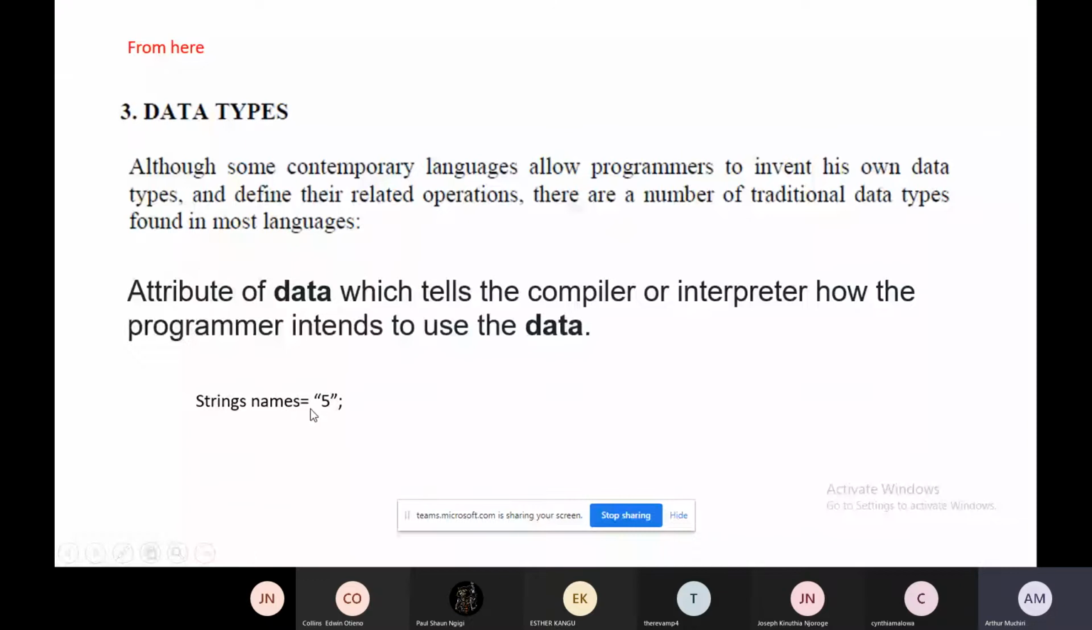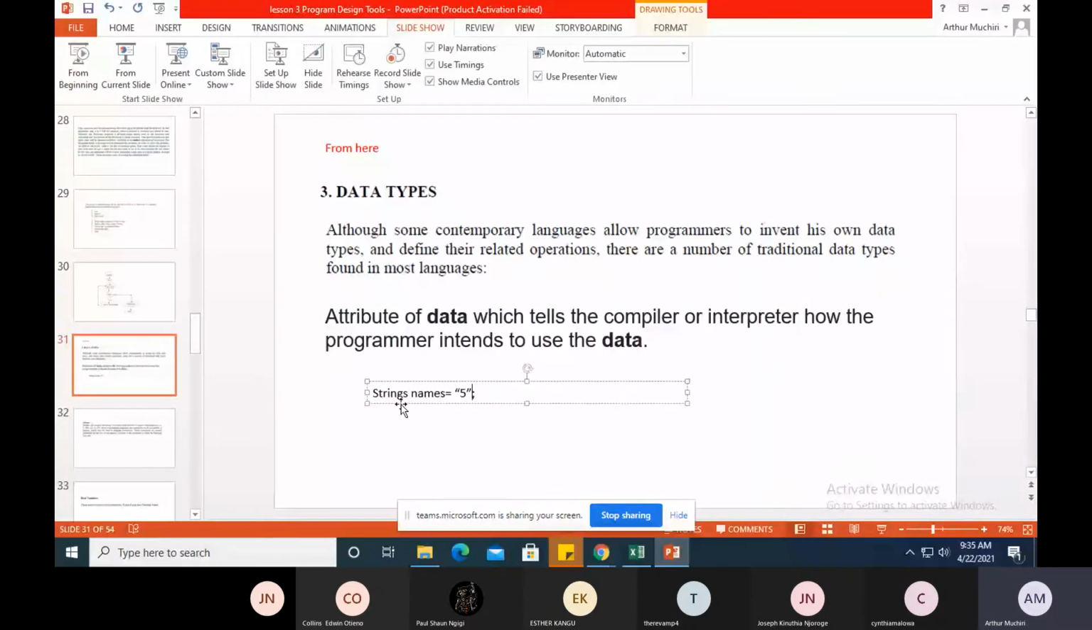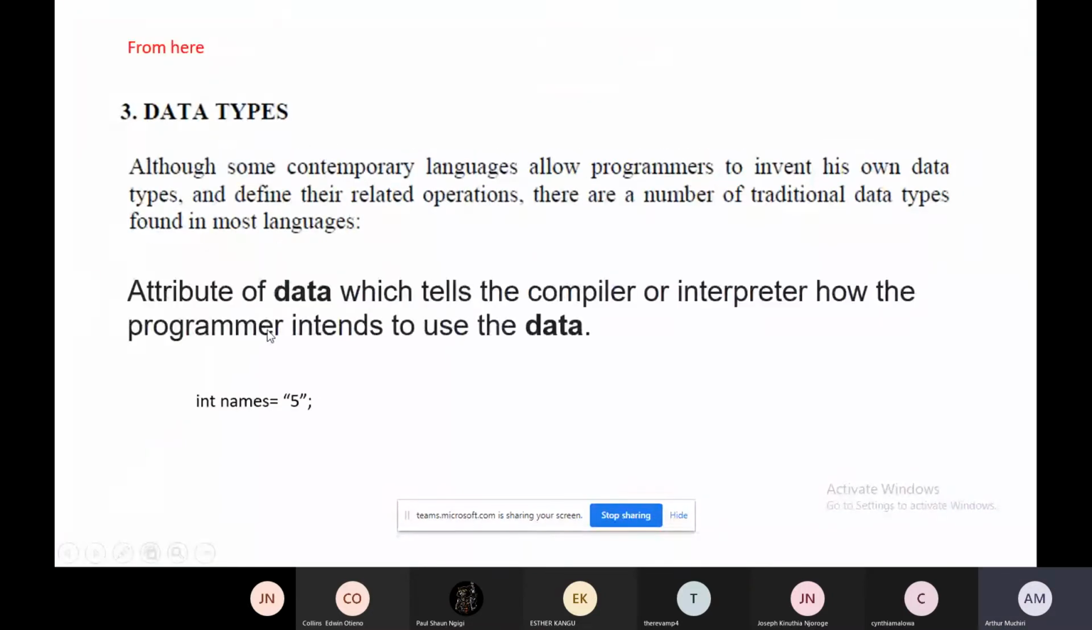Let me show you another example. For example, if I say int names, this is correct, this is incorrect. Why? Because this memory location called names is supposed to store numbers, whole numbers. That is, numbers which don't have a fraction part, or they don't have decimal points. So if I declare it like this, and then I put my 5 with quotes, this one would be an error because this 5 is not a number. This 5 is a letter,